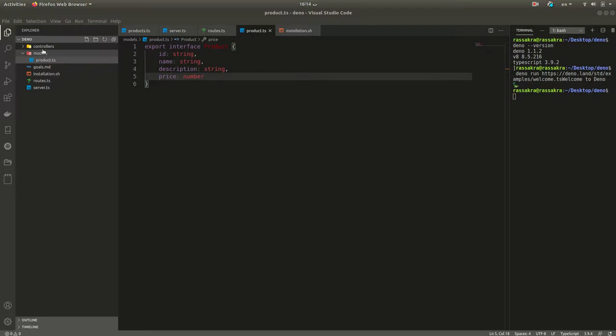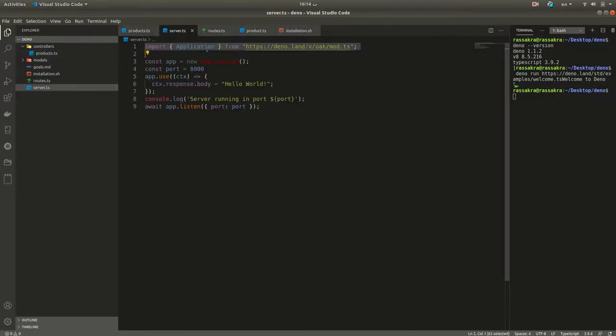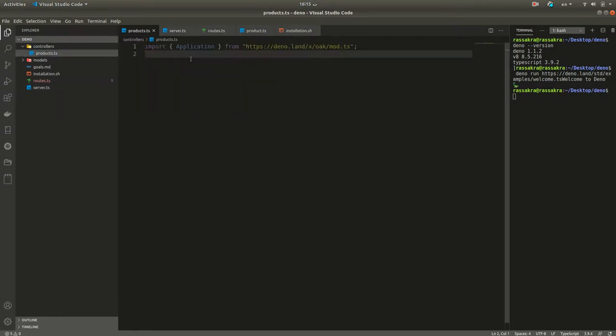Inside controller products, we need to import v4 from mod.ts. Where is version 4 from? From deno, and also